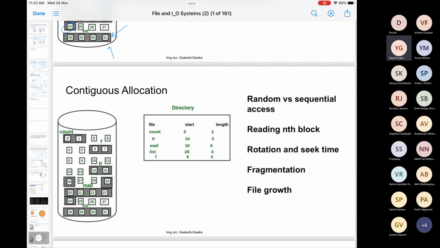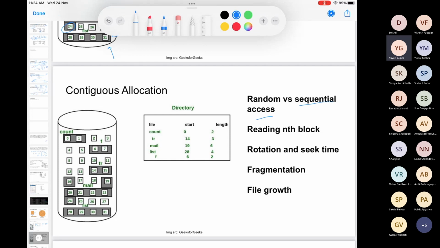So whenever you have to access a particular file, the same example, let's say there's a 2 GB file, and you need to write it or read it, the entire process will be very quick, because you do not need to change sectors every now and then. Everything is contiguous. So it will give you a very quick sequential access.